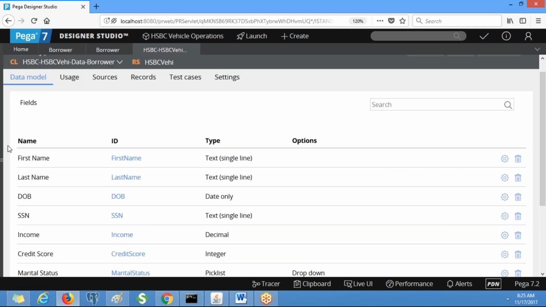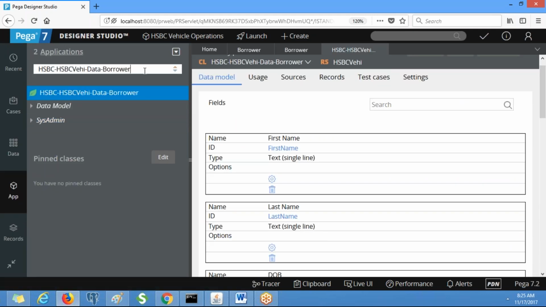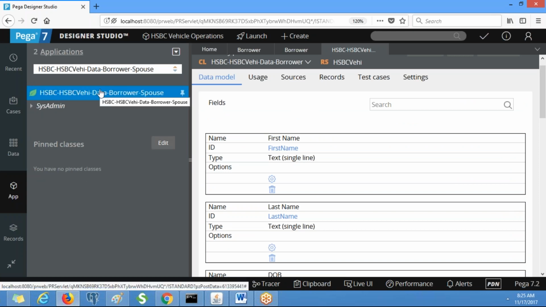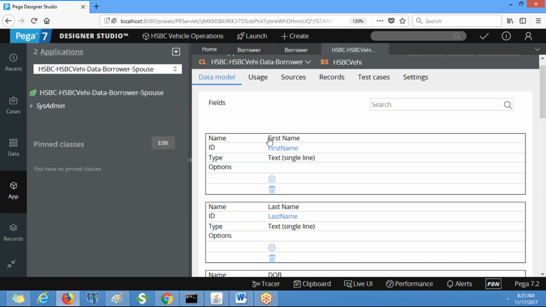Now go to here, you see spouse. We don't need to define any properties under this class, because for spouse also we have the same properties, like first name, last name, date of birth, income. We already have those properties under the borrower class, so we can reuse those.